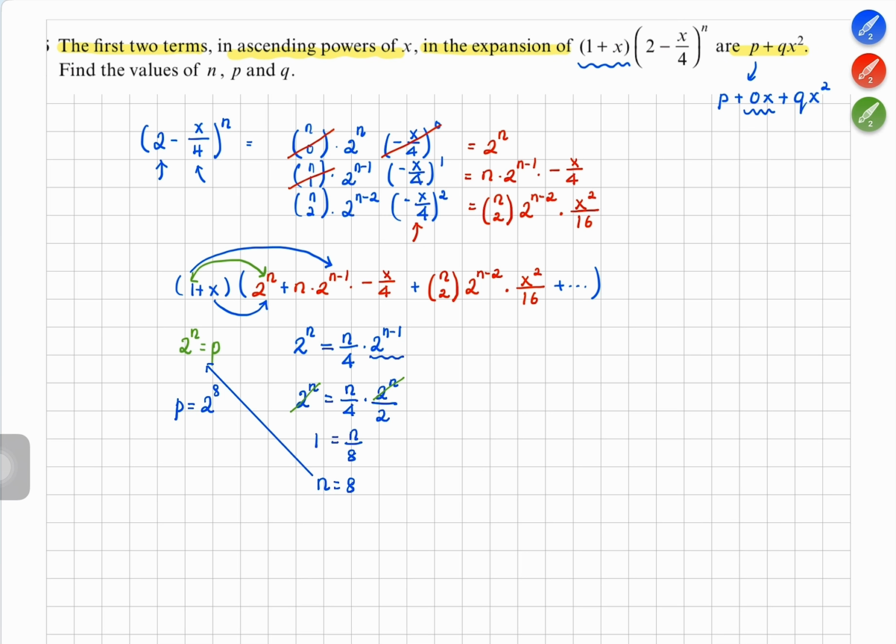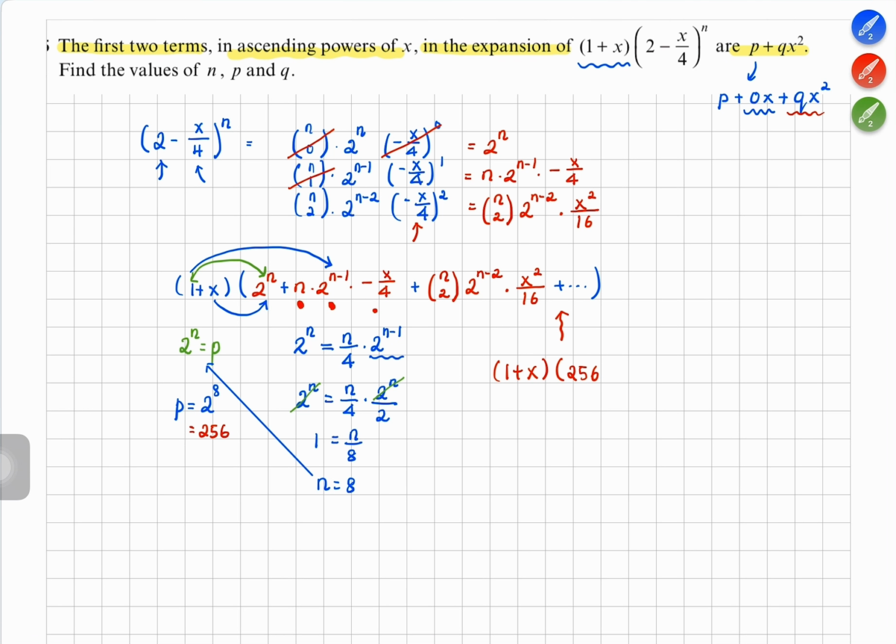Okay, the next one is getting the q. How do I get the q? The q comes as the coefficient of x squared. So let's go and substitute and make the question easy. You don't even have to do anything. Okay, let's make it easy. 1 plus x. Some students will try to expand everything. You don't have to, because I already have my n value and p value. So here I am getting 256, right? Okay, put here 256. Start substituting your n value here. 8, 2 power of 7. Then times by negative x over 4. So what will you get? 8 times 2 power of 7 divided by negative 4. That gives me negative